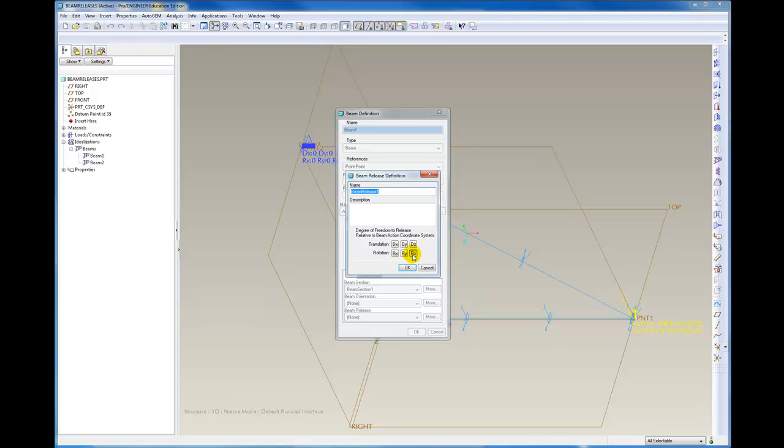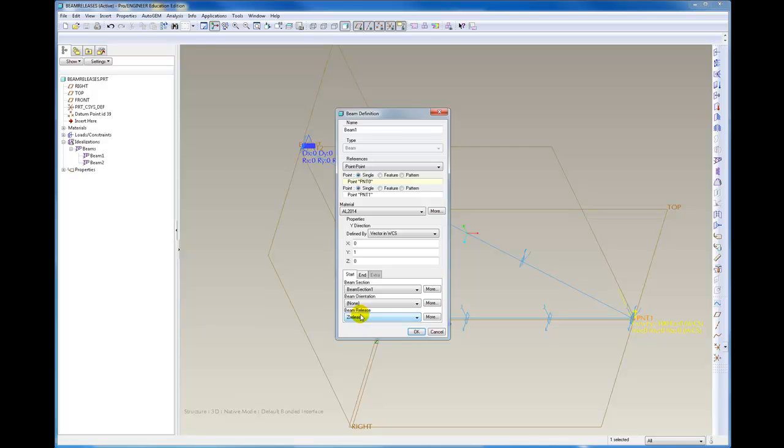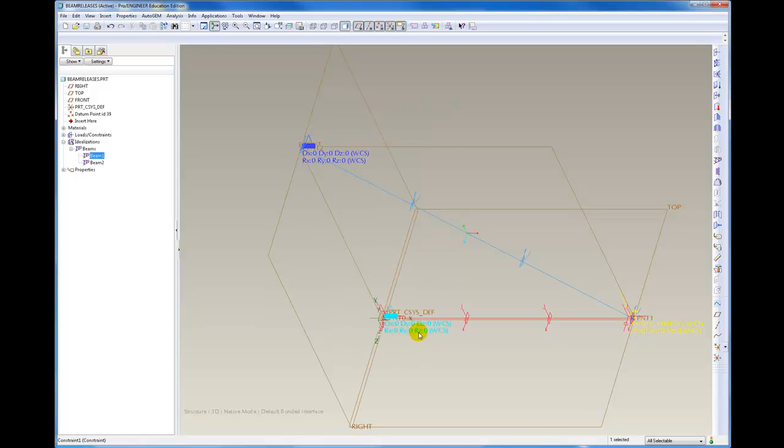Anything I click will be unselected and therefore be able to move in that degree of freedom. So when I apply this beam release 1, whose name I'm going to change to Z release, Z release will release rotation about Z. Okay. And now I've got a Z release at the beginning of beam 1 and I'm going to choose a Z release at the end of beam 1, and I'm going to say OK,